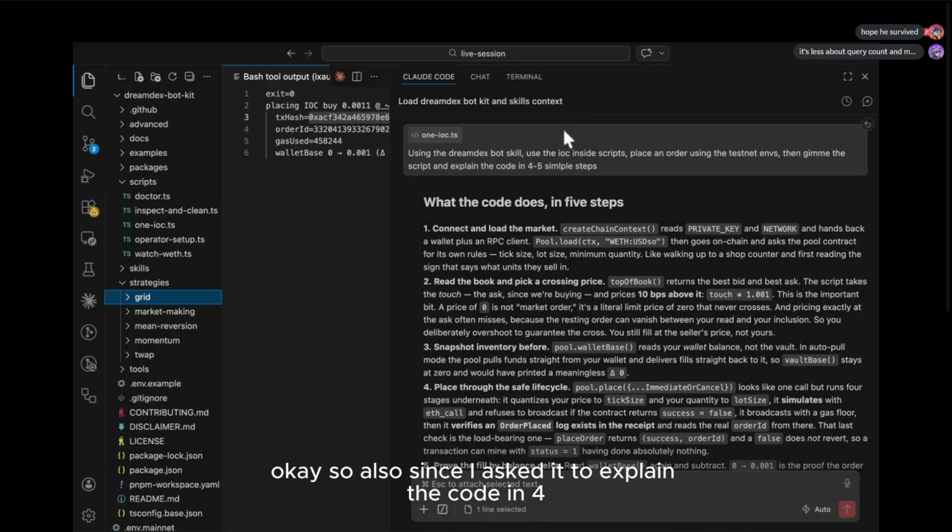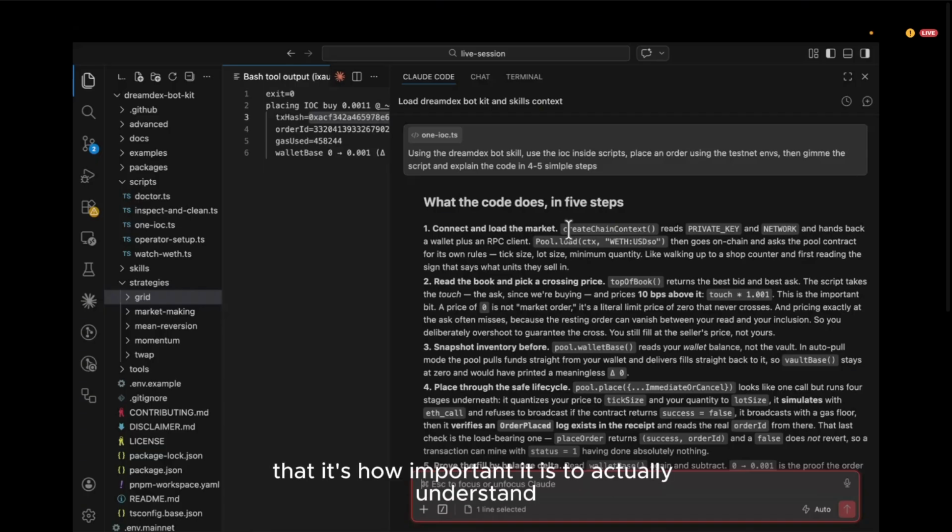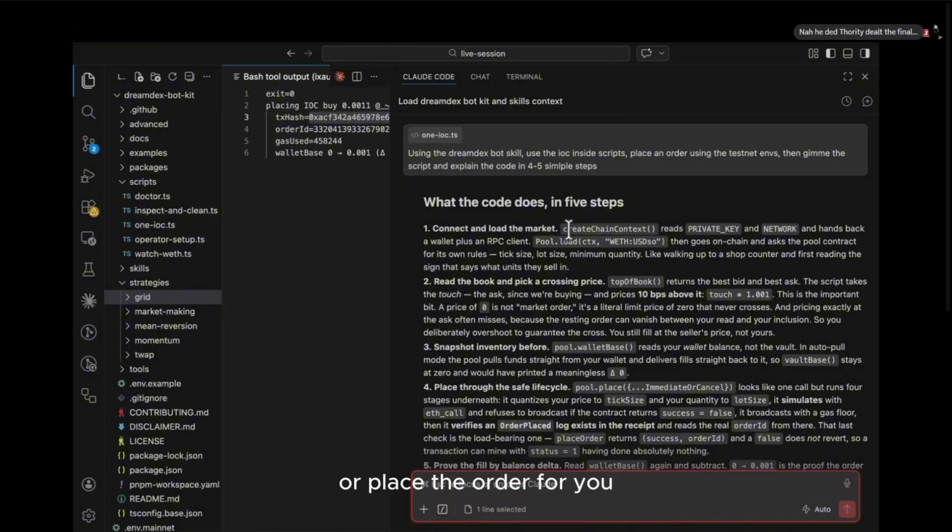So also, since I asked it to explain the code in 4 or 5 simple steps, once it has done, it has also explained to me what each part of the code does. And this is very important. I cannot put more stress on how important it is to actually understand what the bot does. Even if you use the AI to build the order for you or place the order for you, you need to understand what the AI did, how the script is working.